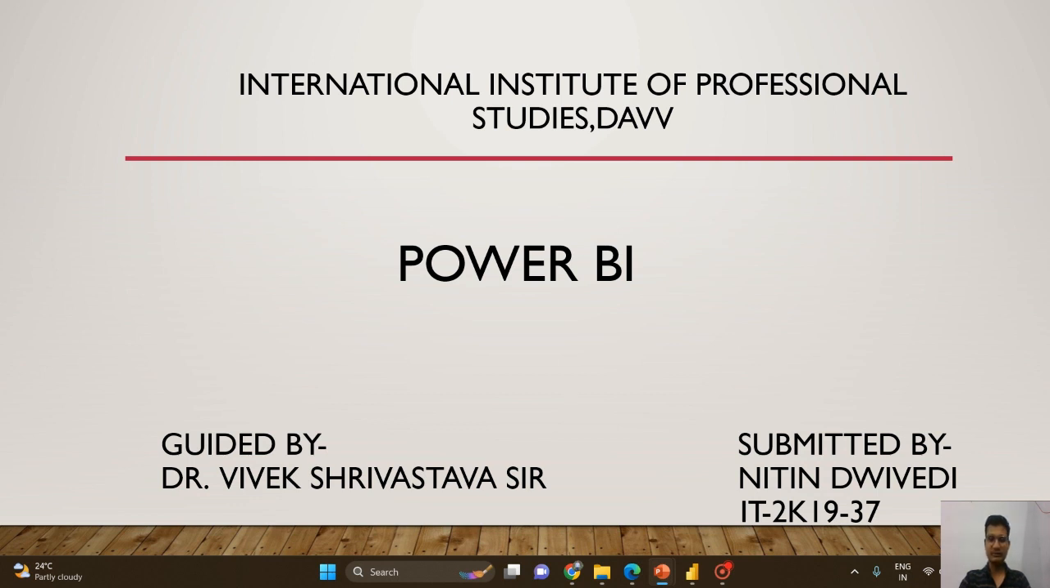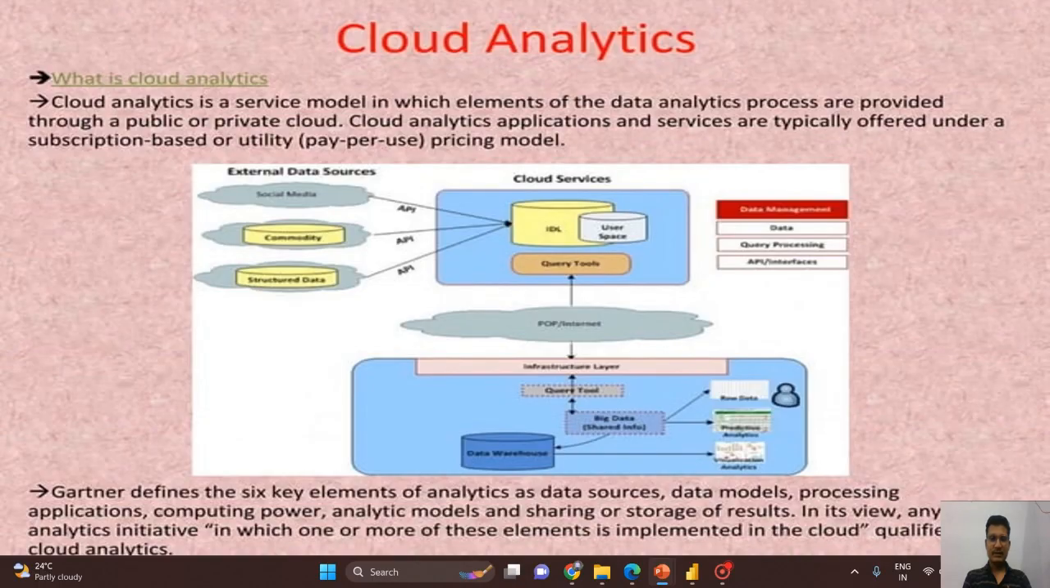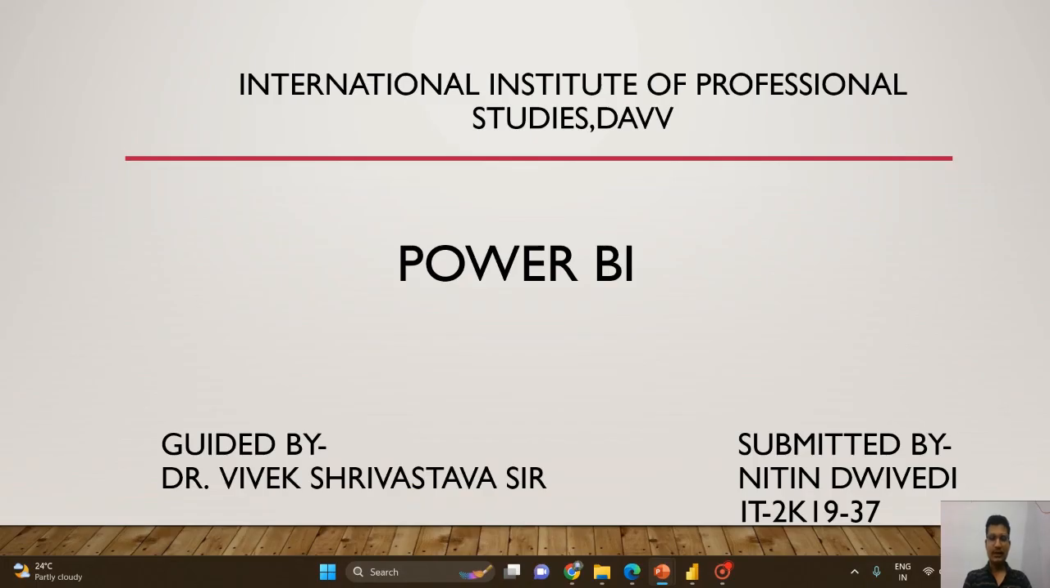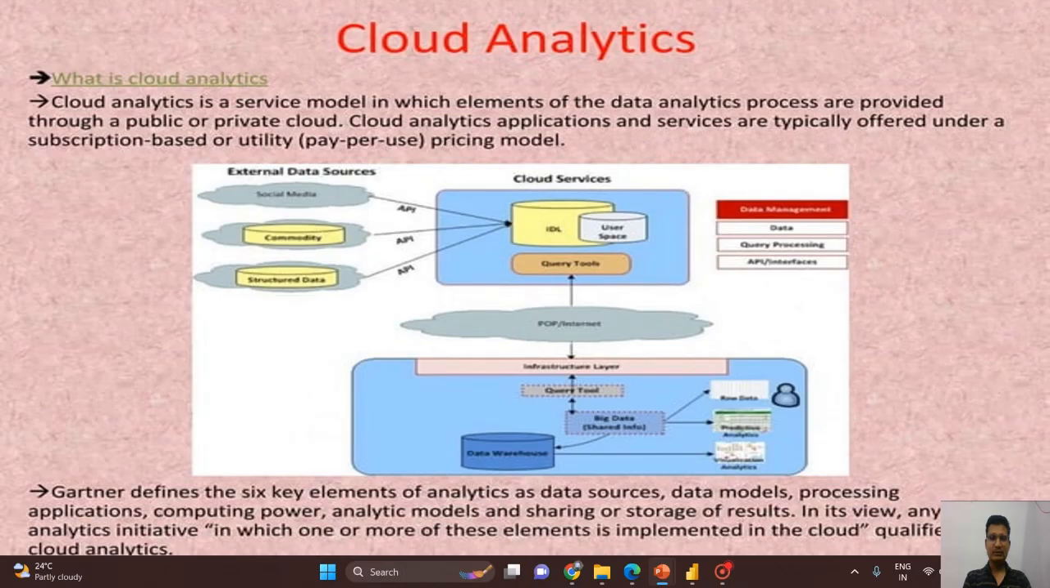Vivek Srivastava sir. Before starting, Power BI is a cloud analytics platform which is a software as a service. So before Power BI, let's see what is cloud analytics. Cloud analytics is a service model in which elements of the data analytics process are provided through a public or private cloud. Cloud analytics applications and services are typically offered under a subscription-based or utility pricing model,